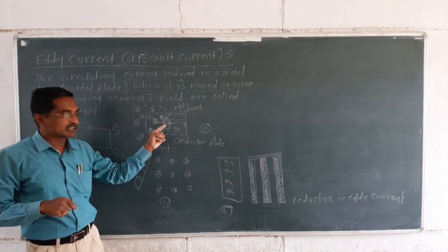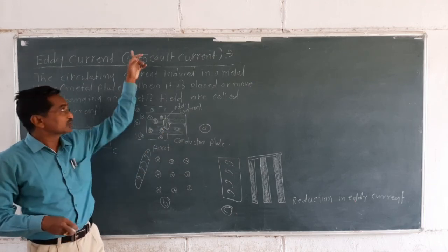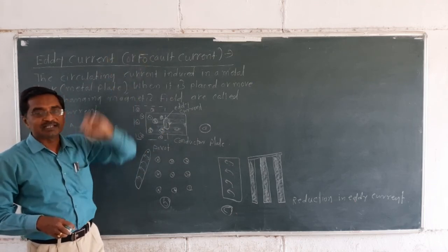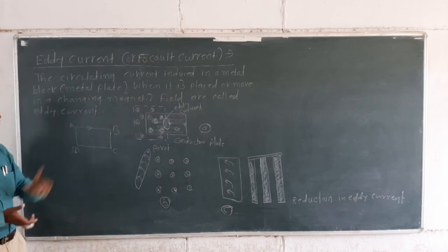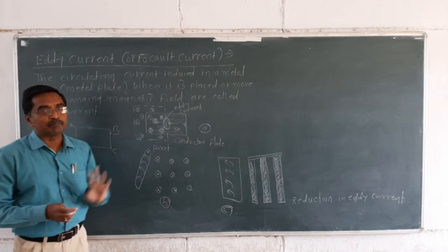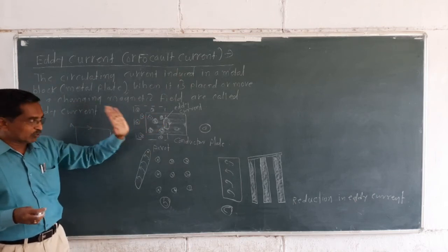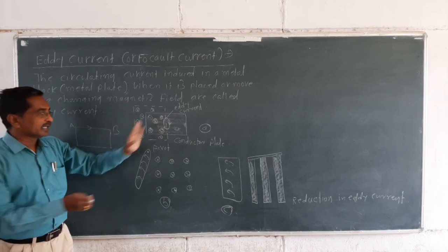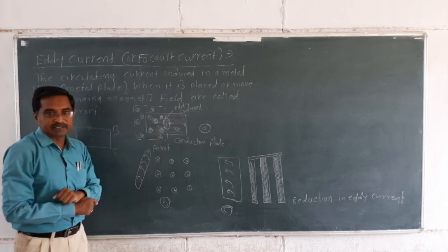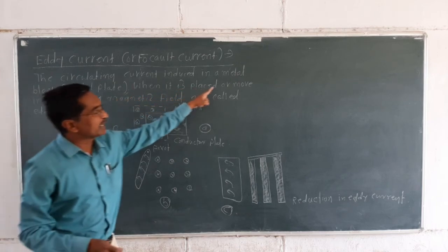So the current which is generated here is the same as the eddies in the water, and so the name of this is the eddy current. Now see the definition: the circulating current induced in a metal block or metal plate when that coil is kept in a changing magnetic field,